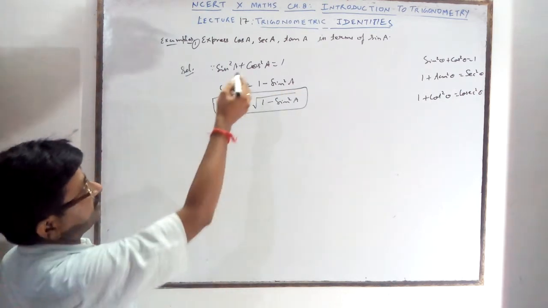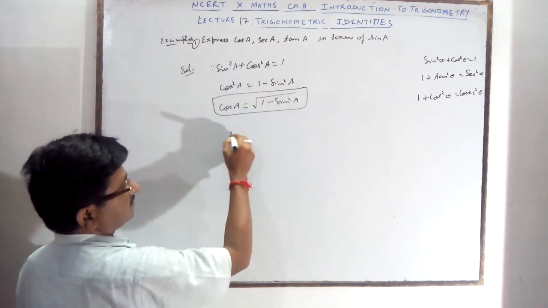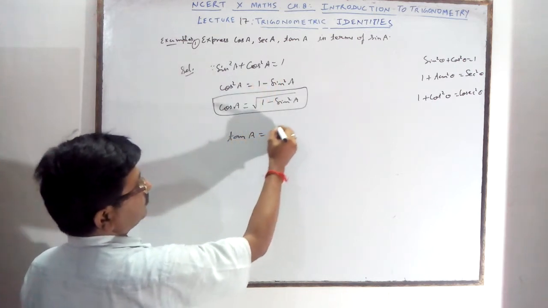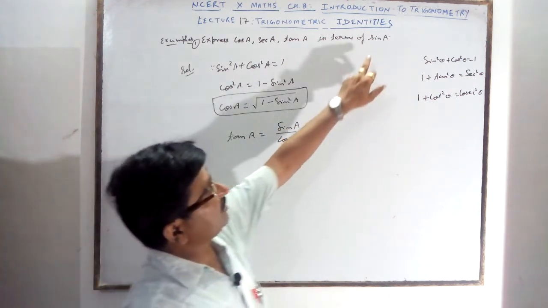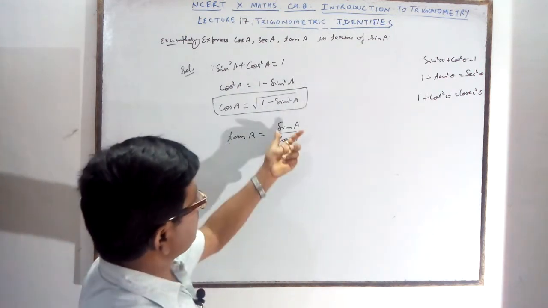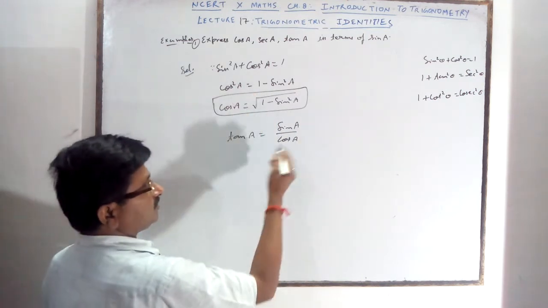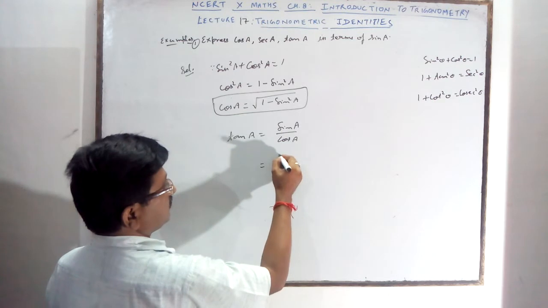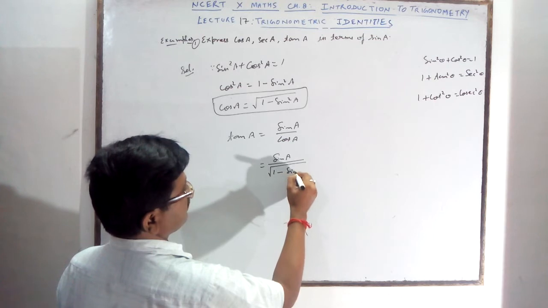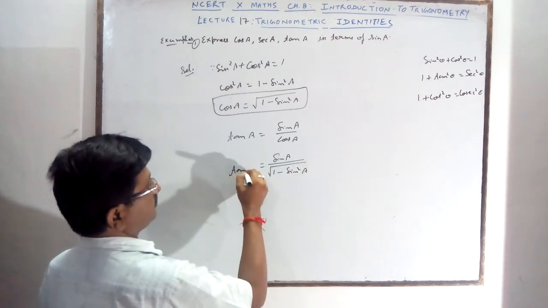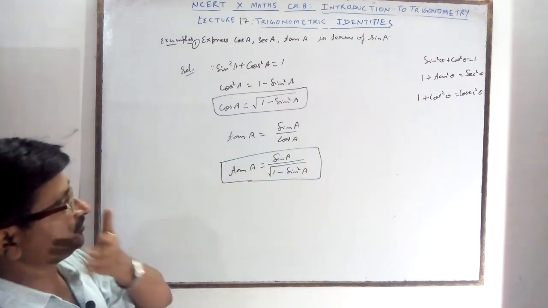The second one is given, sec or tan, you can take first. Tan A you can write as sin A upon cos A. You want all in terms of sin, so at the place of sin it will be sin. What is cos? You have proved it here. If it is not given, then you will show it; otherwise directly from here you can write sin A upon under root 1 minus sin square A. It is tan A, which is also in terms of sin A. You can express tan in terms of sin.